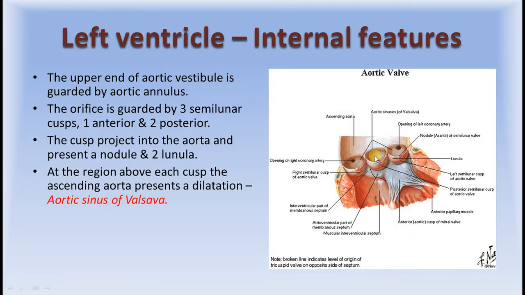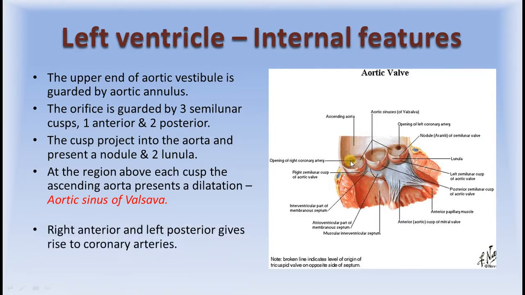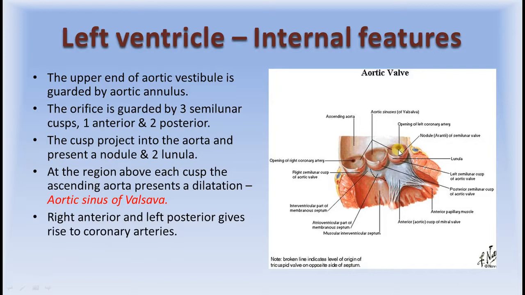Okay. So each cusp in the depth you see a dilatation with the opening which is actually called the aortic sinus of Valsalva. So right anterior sinus, okay, right anterior sinus and left posterior sinus,